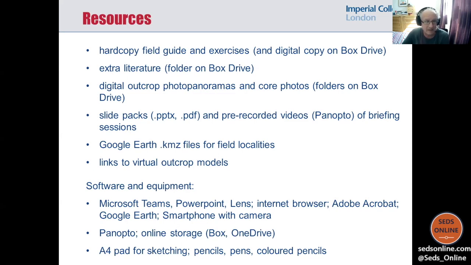Things like gigapans would be a much more useful, a better version of that tool, but more computationally expensive as well. We distributed slide packs, so typically the introduction to a day and maybe 2 or 3 slides to introduce a particular location. We use Google Earth quite a lot, and as I'll hopefully show you, that's a very useful